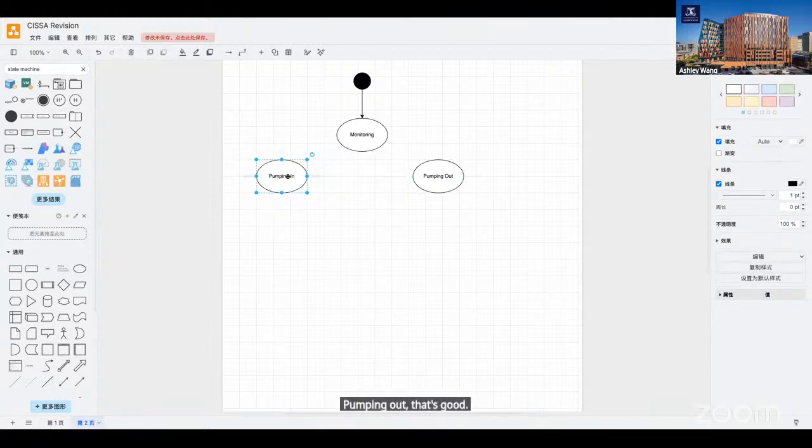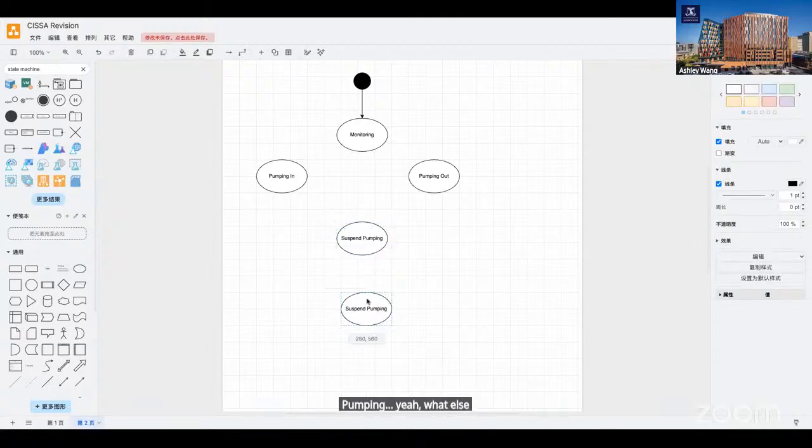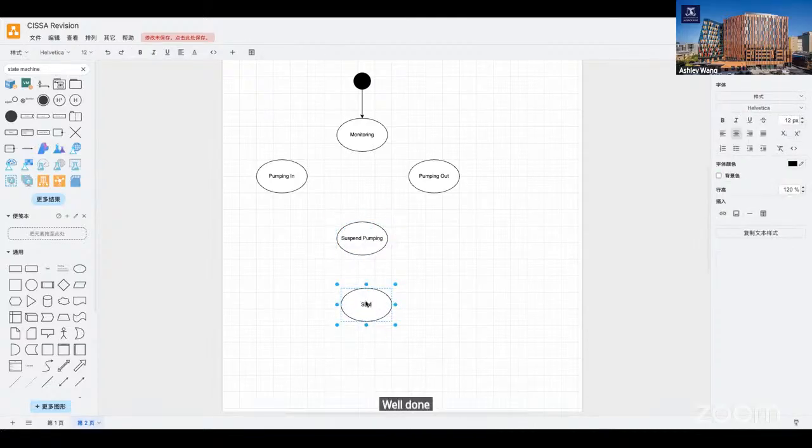What else do we have? Remember, we have two more states, right? Suspend. Pumping. Yeah, what else? Shut down. Great. Well done, well done.